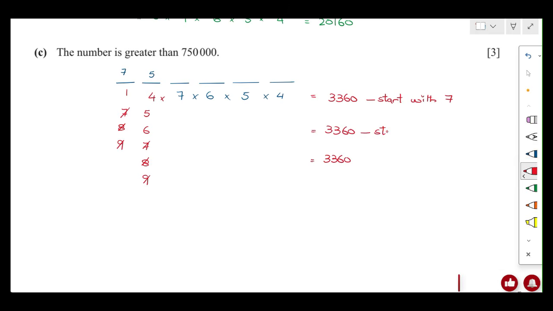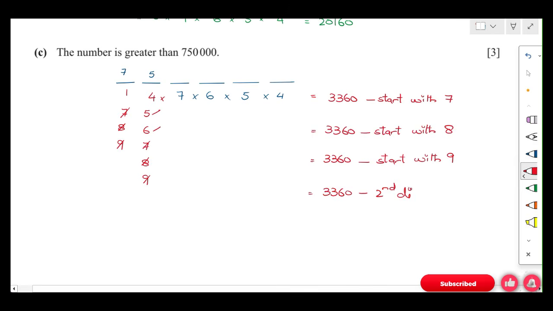Here we have start with 8, and when you start with 9. Okay, so the start options are done, right? But now here we have two more options, right? So you can take 5 for the second digit, you can take 6 for the second digit, right? So again you have 3360 when the